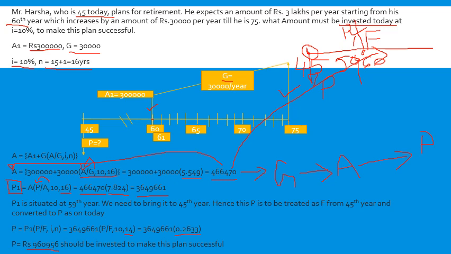In all these problems the payments are end of year payments. I have also considered one problem in the previous problem with beginning of month payments, that means payment starts on the first of every month. That problem I have also considered. So go through these sessions again. If you have any doubt, go through the video again and again so that you can understand it clearly.